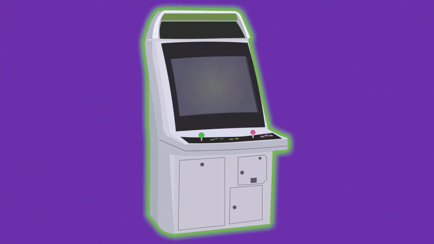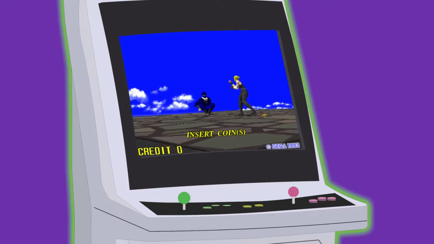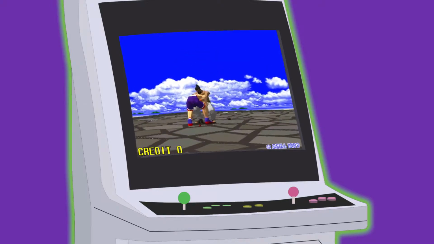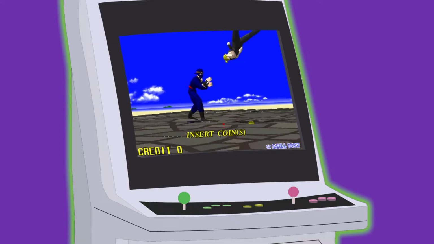In 1993, Sega revolutionized both 3D graphics and the fighting game genre with the release of Virtua Fighter. It is a masterpiece that has gone on to see several sequels, each building upon the foundation laid by Yu Suzuki's vision. However, let's take a step back and ask, what would things be like if we didn't jump straight